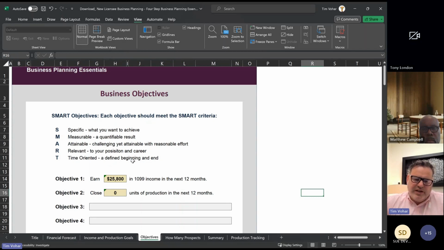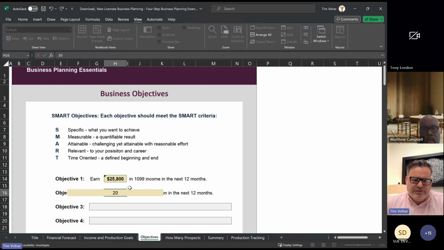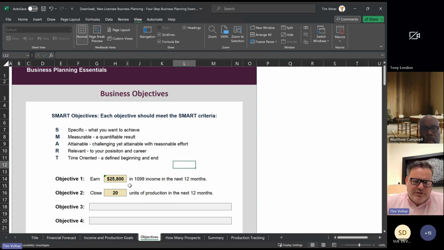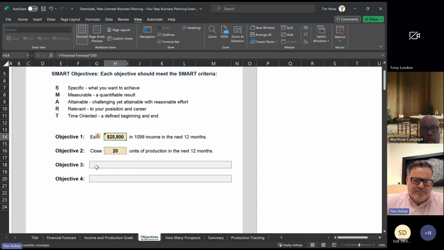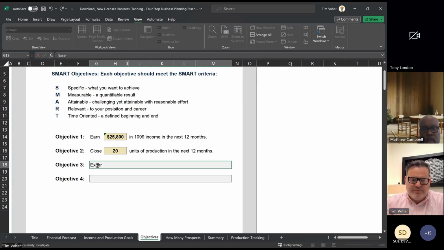So you're going to say, I would like to complete X amount of dollars, X amount of units, etc., in the next 12 months. So if you said, I want to do 20 units, there's your 20 units. You wanted to do 100,000 because that is tied back to this other one. So that will autofill. Whatever you want to do, exercise